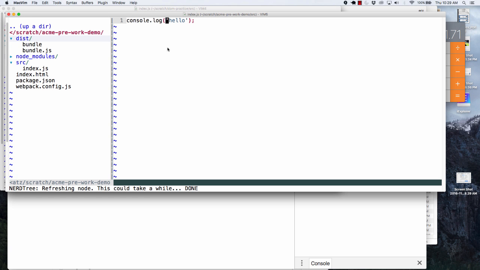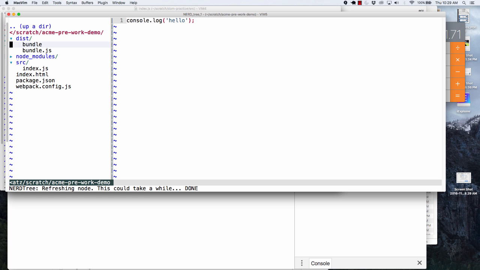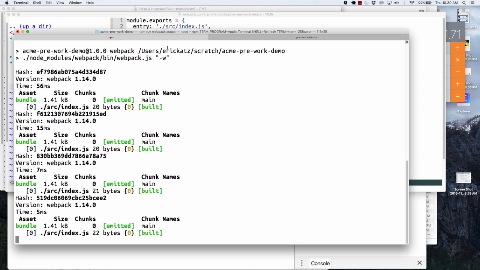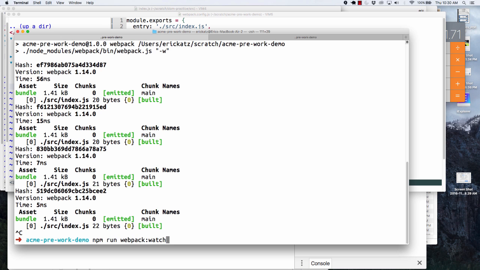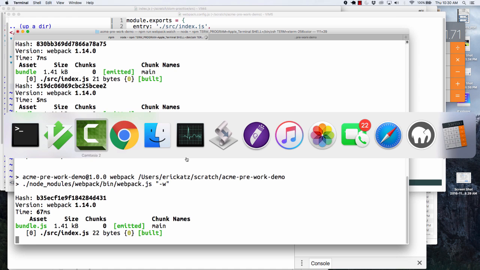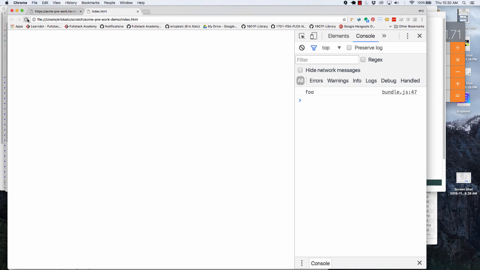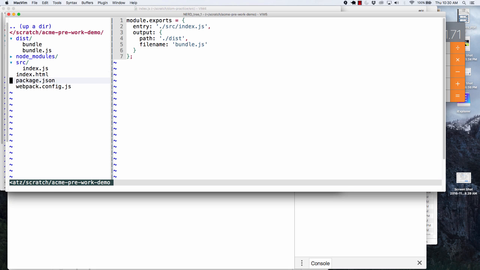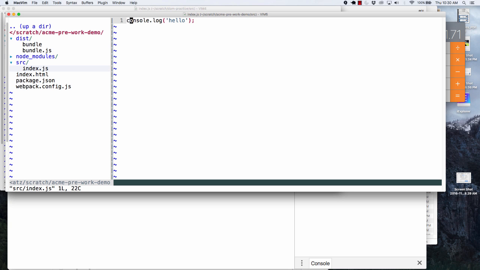You actually saw my mistake. I inadvertently made a mistake here in my Webpack config. For some reason I do this a little bit too much. I need to put an extension on here. And now let me go back and change that. Let me kill this and restart it because it's actually outputting to a file that I'm not using. I was wondering why the output wasn't what I expected. Now if I go back here, I'll see hello. And if I go over here and change this to foo,